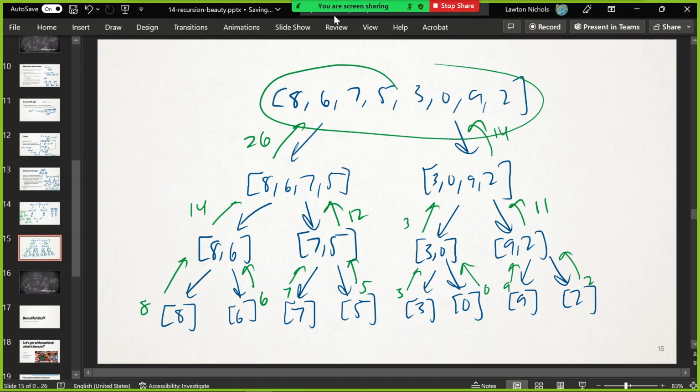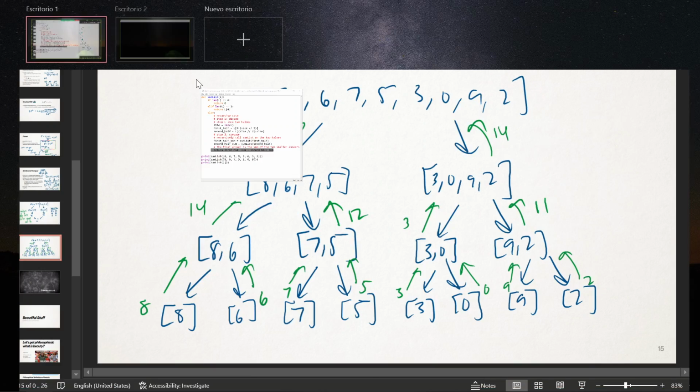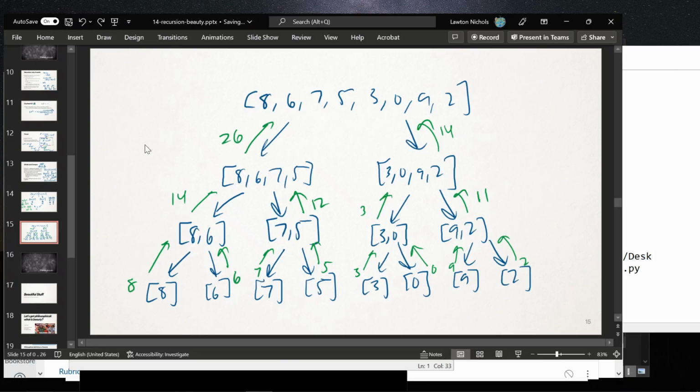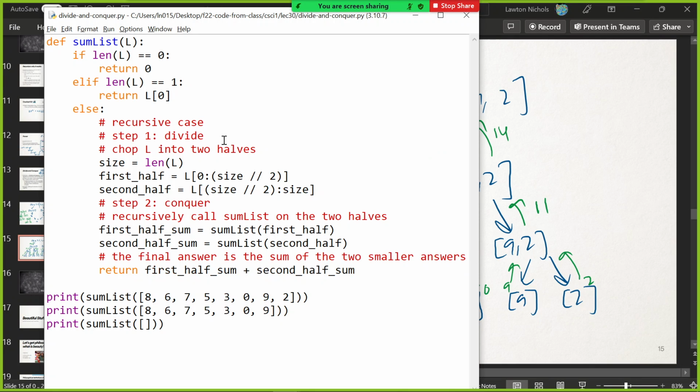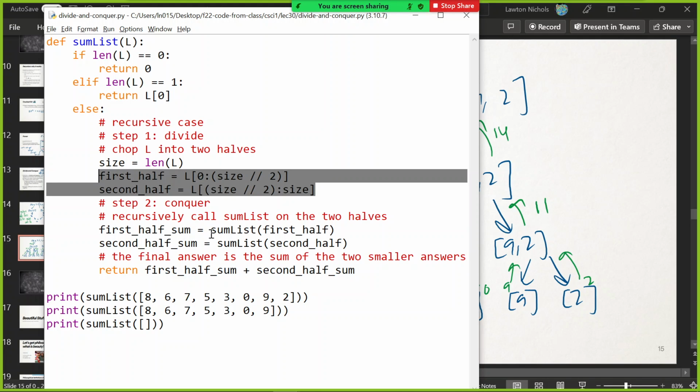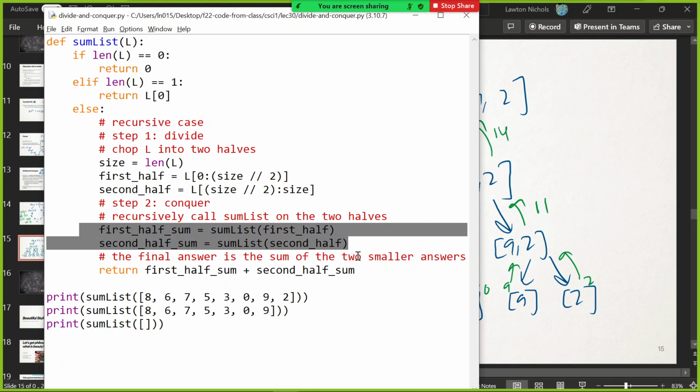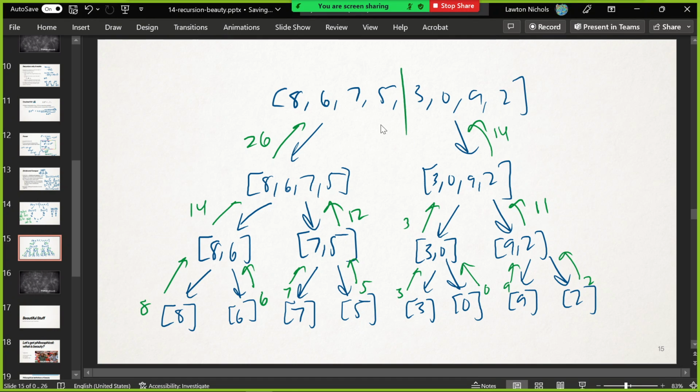And so now this original call, it was waiting, right? It was waiting on the first half. It made the first half and second half. It was waiting on getting their sums back. It just did, right? It chopped this in half. It got this sum back. Asked for this sum, asked for this sum. It finally just got them back,